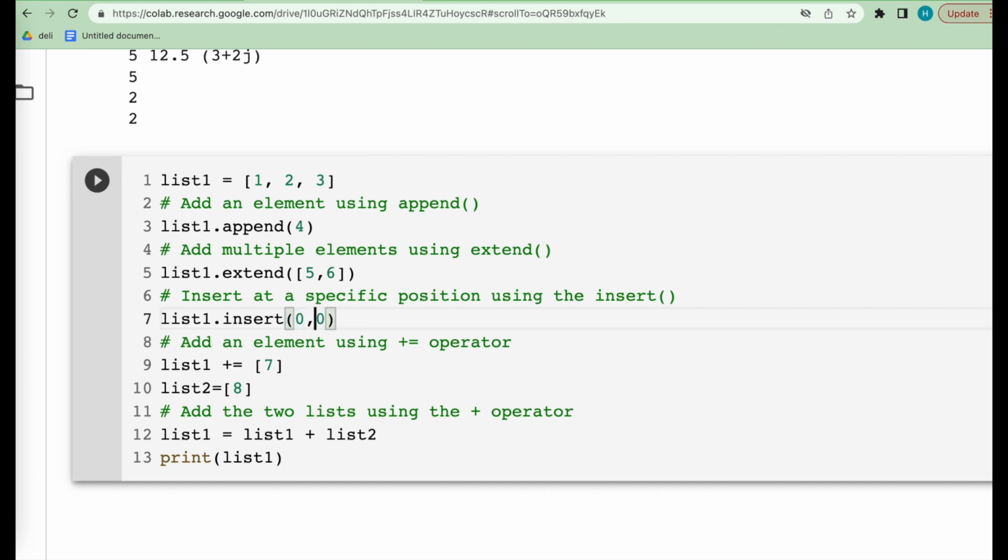You can also add like this: list 1 equals list 1 plus 7. Assume that there is one more list, we can create list 2. List 1 is already complete, 1, 2, 3, 4, 5, 6, 7. Now list 2 is to be added. We can also directly add list 1 and list 2 in Python programming, like this: list 1 plus list 2 equals list 1. So now the list 1 data structure has 1, 2, 3, 4, 5, 6, 7 and 8, and